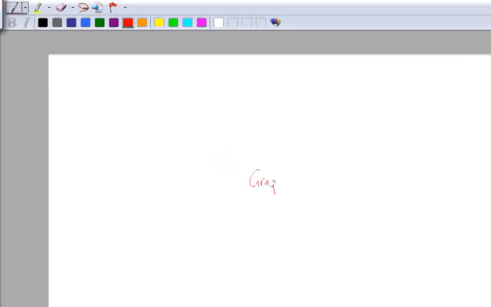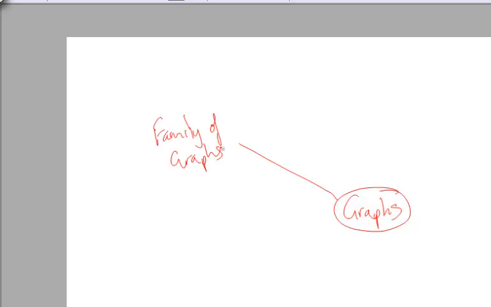Okay, today we are having our revision class. Let me just give you a very quick summary about what we've done in this topic. The topic, let's just call it graphs for the sake of today. So in graphs, there's a bunch of things. I'm going to start with the family of graphs over here. Family of graphs. Okay, we've looked at lots of different types of graphs in this topic, and so I guess